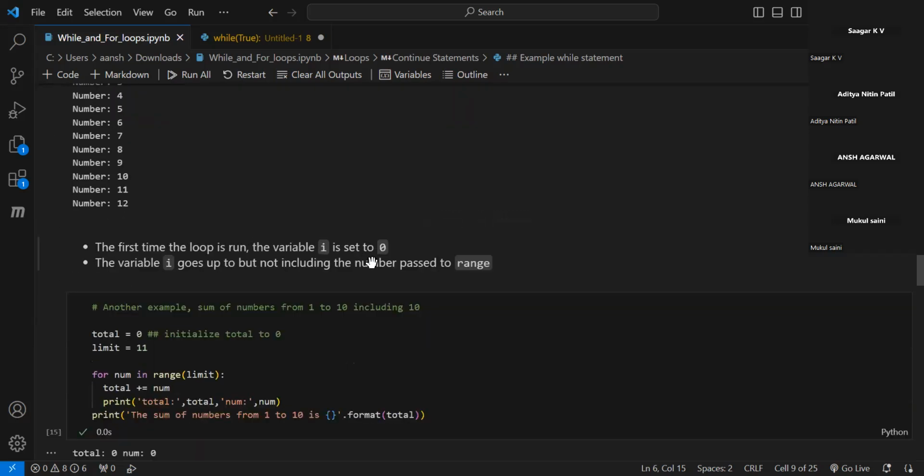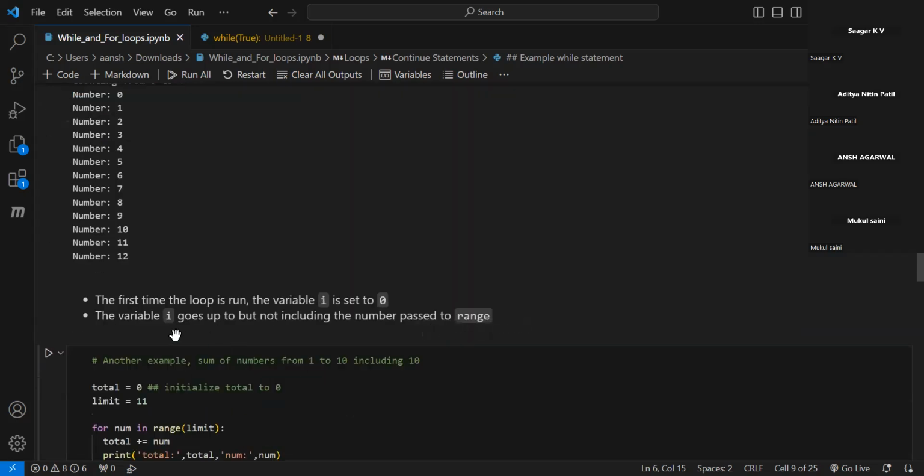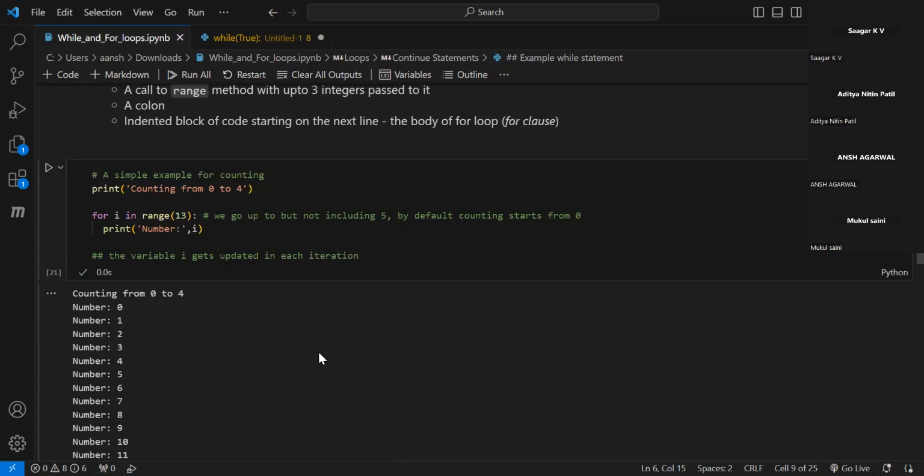द फर्स्ट टाइम द लूप इज रन द वैल्यू आई से सेट टू 0। ओके, तो फर्स्ट टाइम होगा तो 0 पे होता है और 12 तक जाता है, लास्ट जो टर्म लिखी है वो उस पर नहीं चलता, वो जैसे आई इक्वल टू 13 पे नहीं चलेगा। द वेरिएबल आई गोज टू बट नॉट इंक्लूडिंग द नंबर पास्ड टू रेंज। ओके, तो ये 13 इज नॉट इंक्लूडेड।